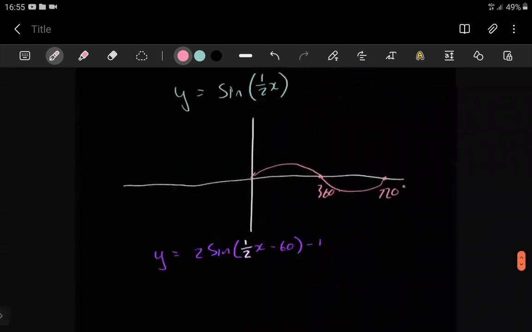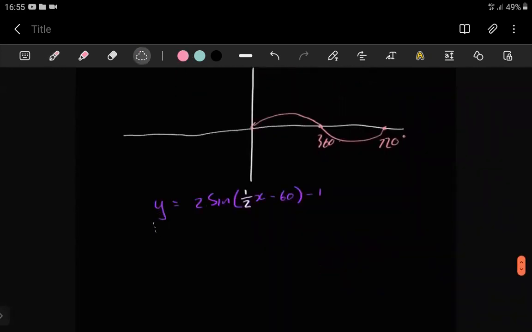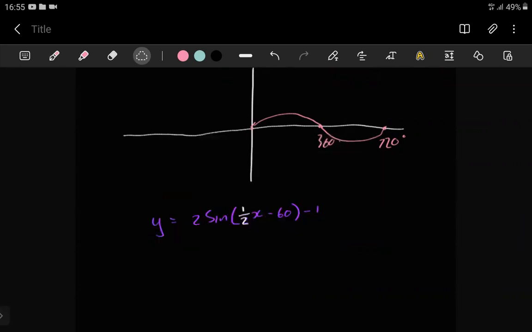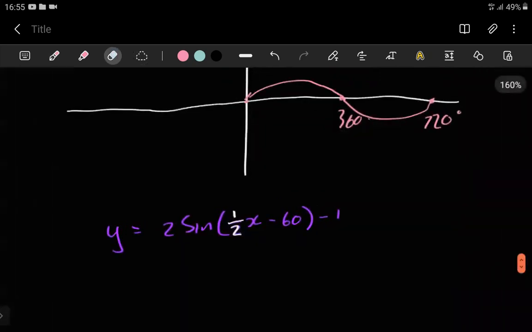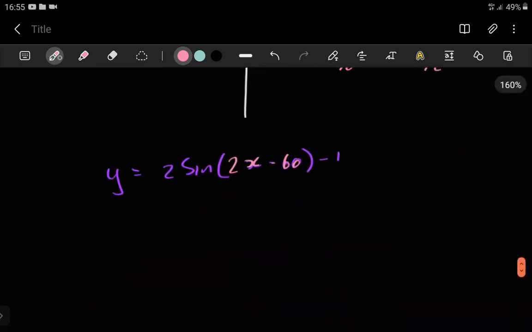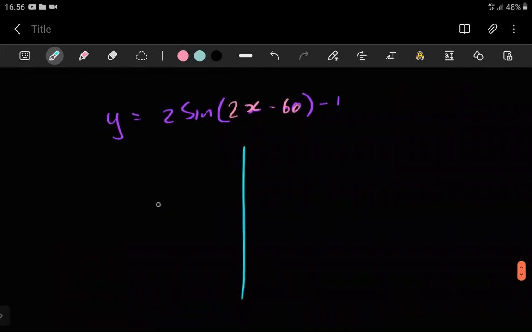So with our image here, let's just change this to a 2, because using a half is just being extra for nothing. Let's make the frequency a 2. So in a space of 360, we're going to be seeing 2 graphs. So the image that we would be seeing on our Cartesian plane